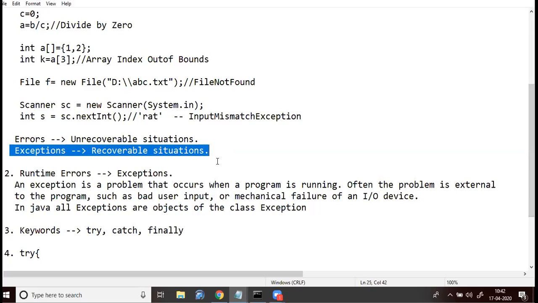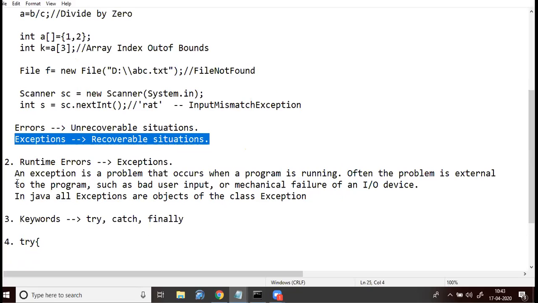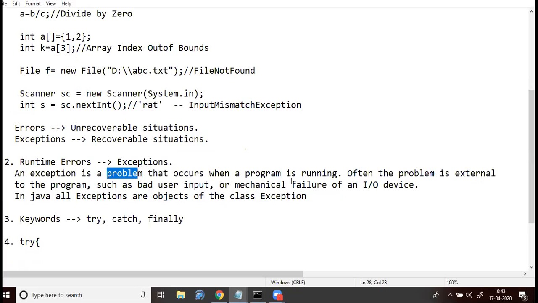In exception handling, what we are going to discuss is: okay, there is an exception, let it be, but how could I proceed without stopping my program? You can consider this statement as the definition of an exception: an exception is a problem that occurs when a program is running. This is important. Often the problem is created by some external source, such as bad user input, like this input mismatch exception, or mechanical failure of an IO device.